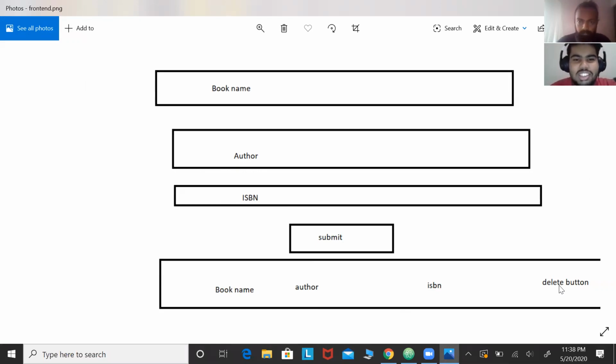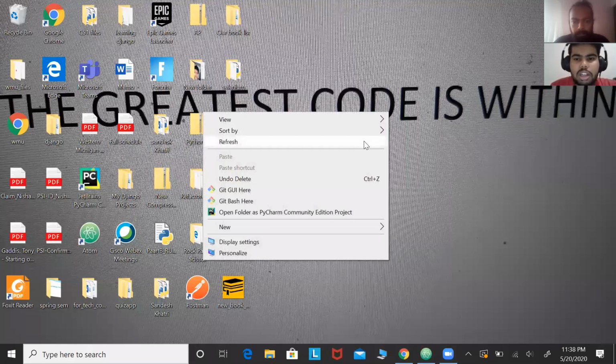This does not look nice right now because this is just a very basic layout. I just want to give you guys the idea of how the front end is going to look. So I created this. Trust me, guys, it's going to be way more sophisticated than this. So before we go ahead and start coding on our front end,